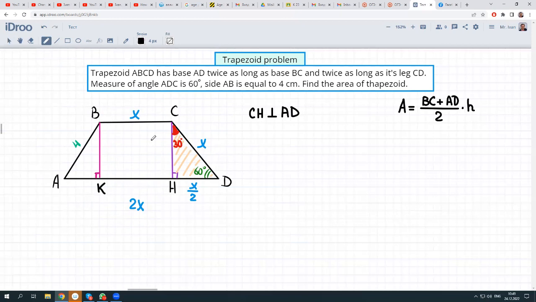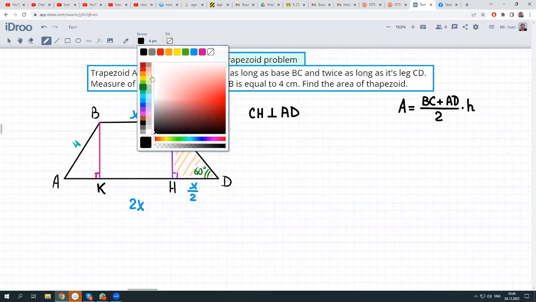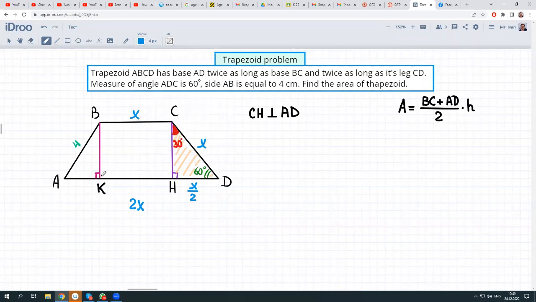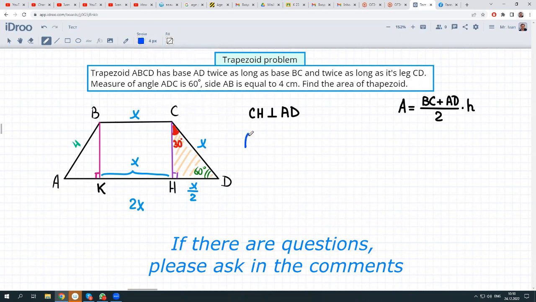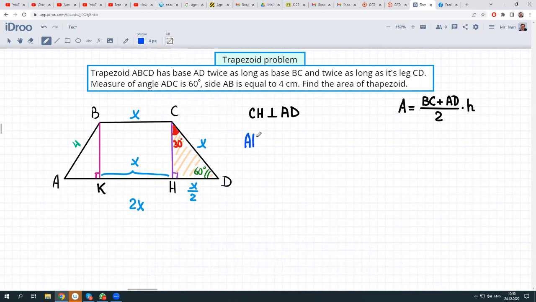What does it give us? Basically, from now, we could state that KH segment length is also x. And now we could derive AK, part of AD base. Let's do that. I could state that AK, by the part-whole postulate,